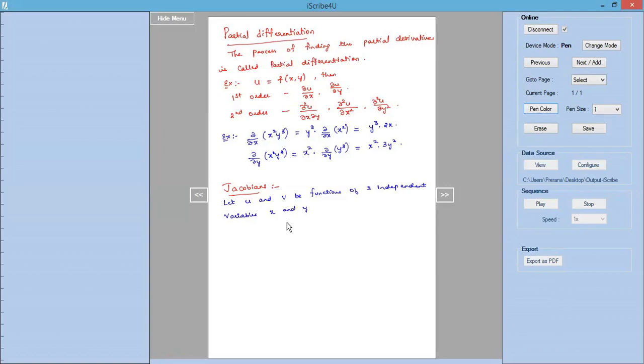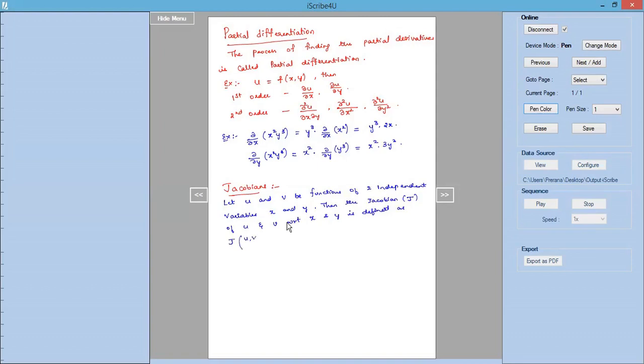Then the Jacobian, usually denoted by capital J, of u and v with respect to x and y is defined as